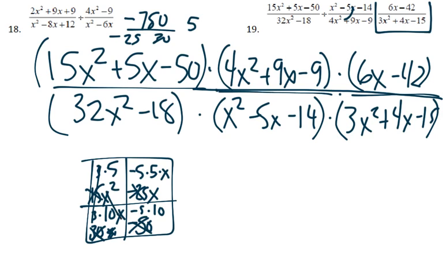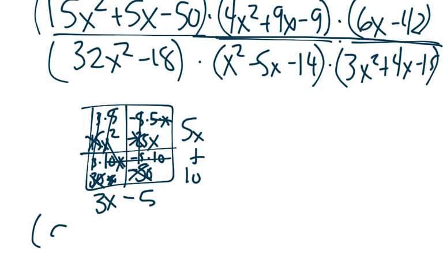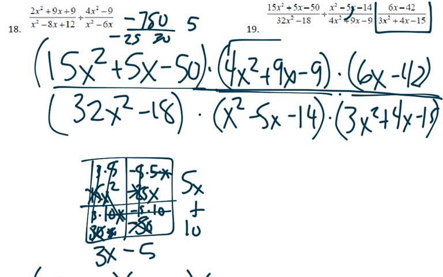So 3 and x, 5 and x, negative 5, positive 10. So we've got 5x plus 10 times 3x minus 5, times, now this one, 4 times negative 9 would give us